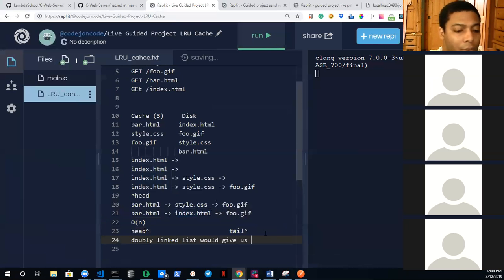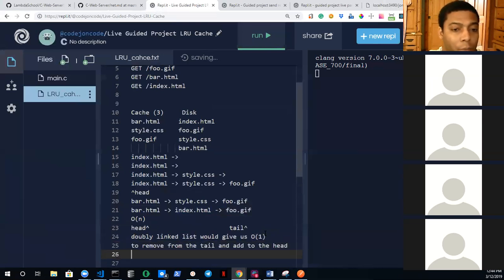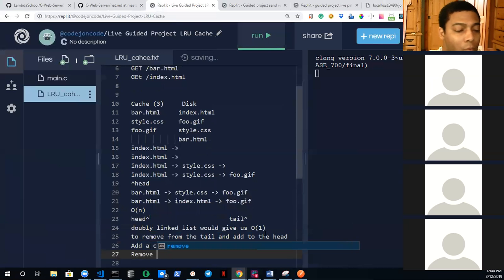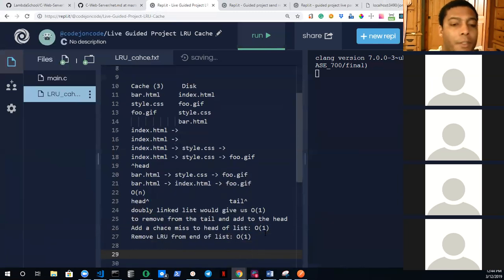would give us big O 1 to remove from the tail and add to the head, or remove from the head. So we could do everything in O1. So we could add the cache miss to head of lists in O1. And then we can remove LRU from end of lists in O1. So that's the time complexity we like. We love it. But